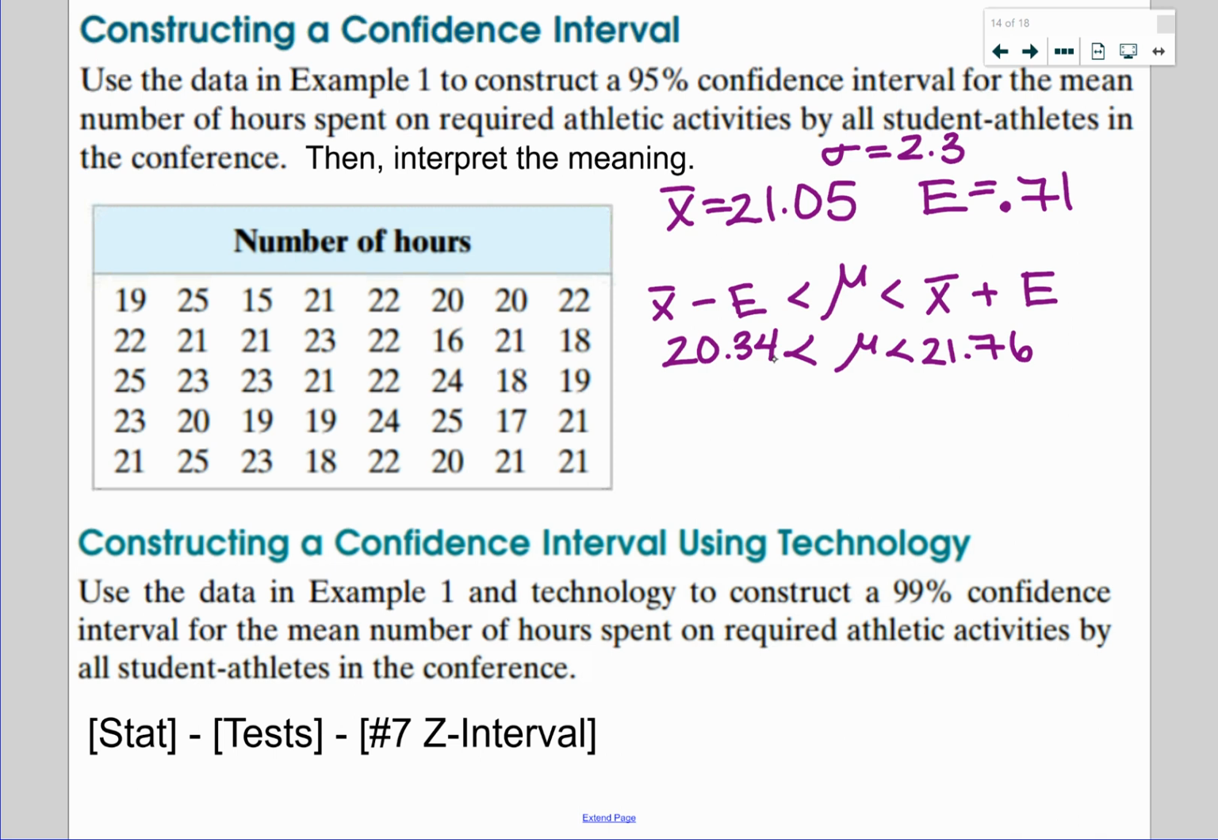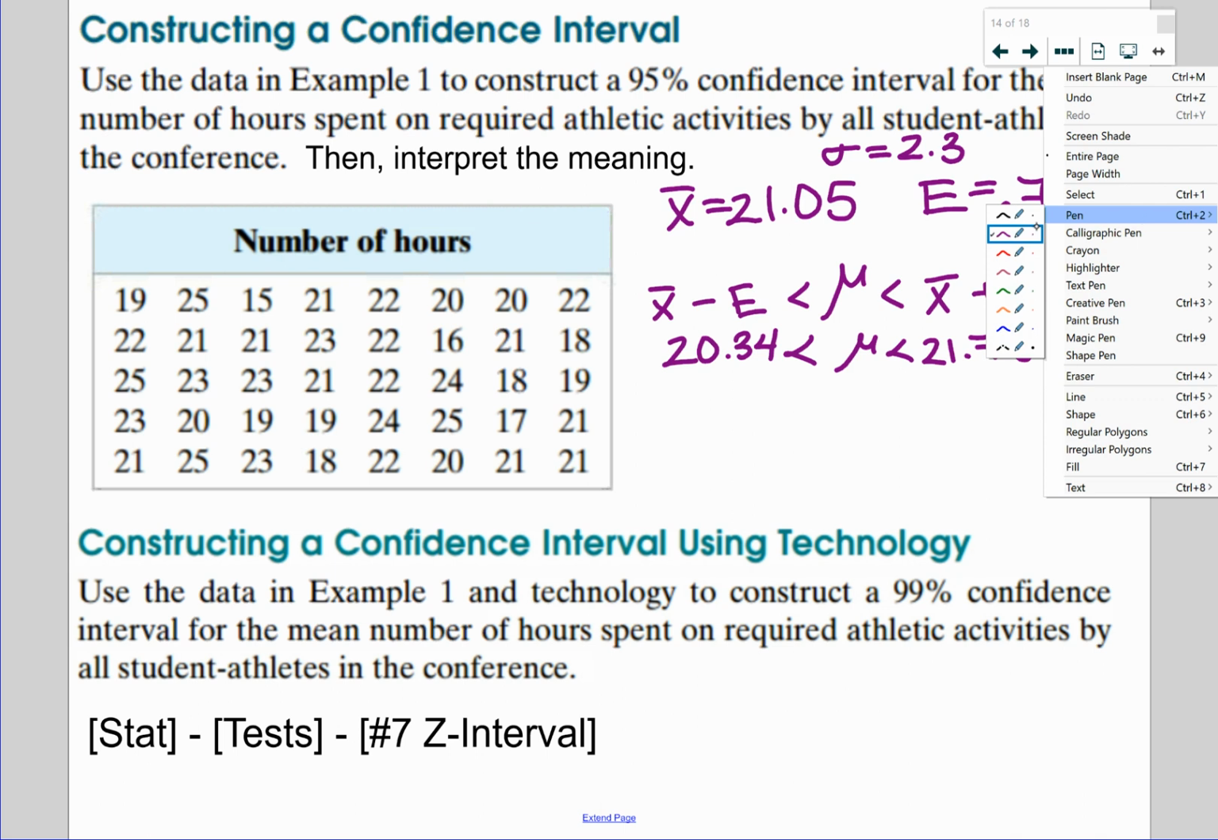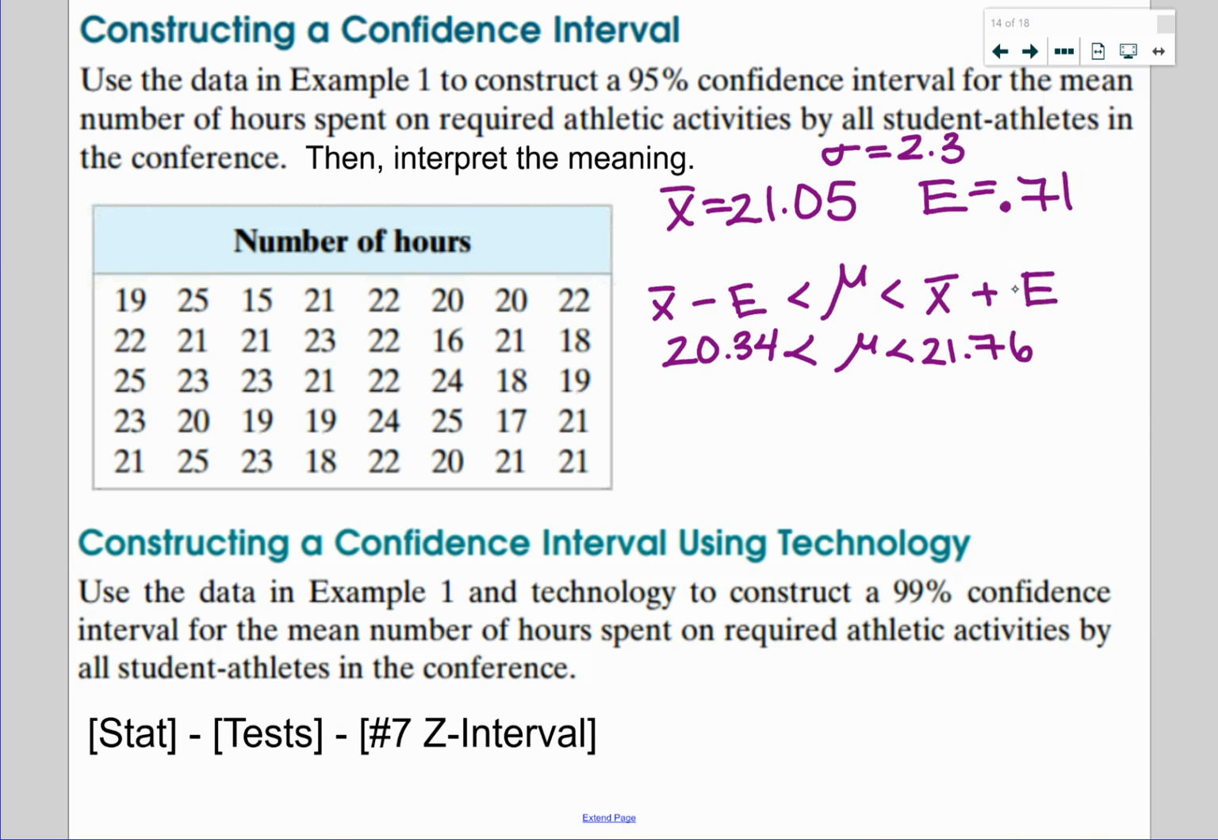Now it says to interpret the meaning. So remember yesterday we said there's two different ways you can say this. You can either say, because it's a 95% confidence interval, that we are 95% confident that the population mean will fall between these two values, or you can say there is a 95% probability that the population mean will fall between these two values. So however you want to word it here, I'm just going to say we are 95% confident,